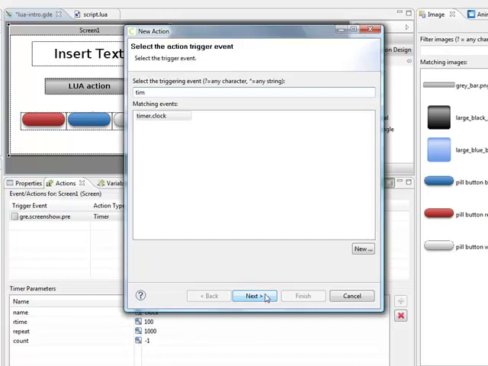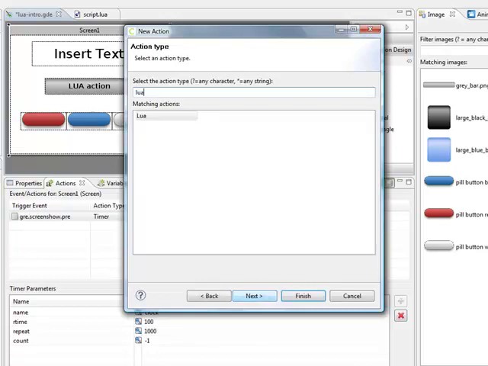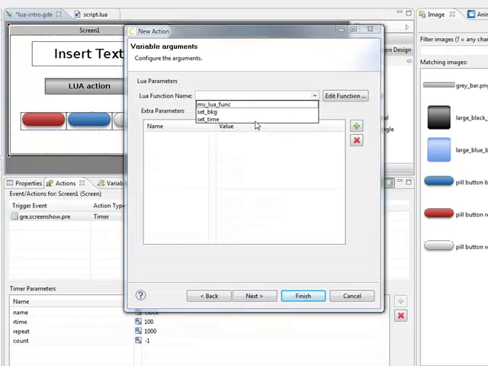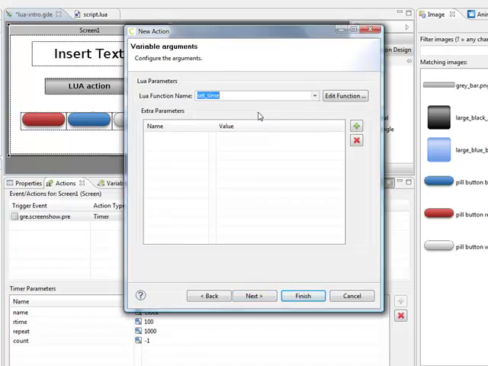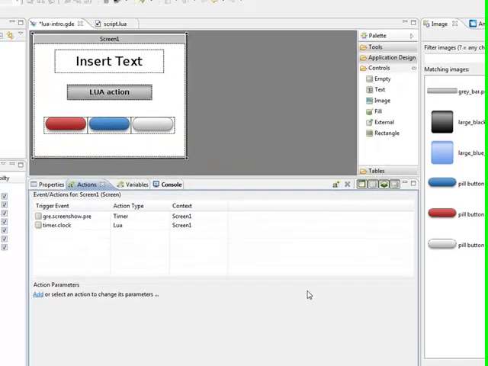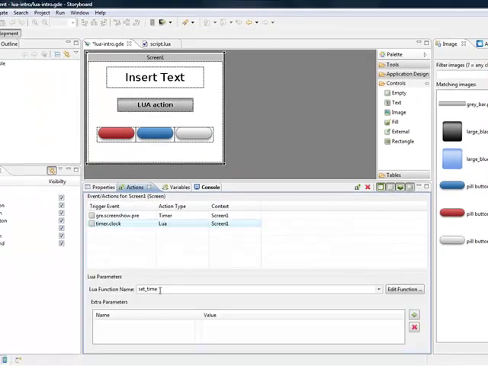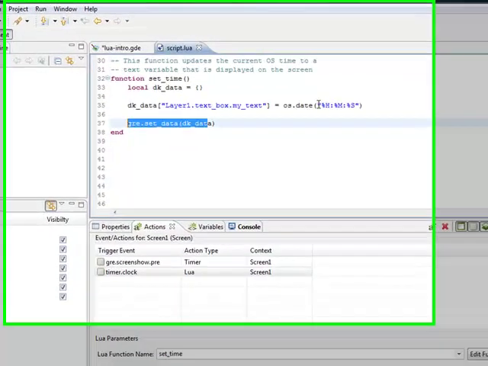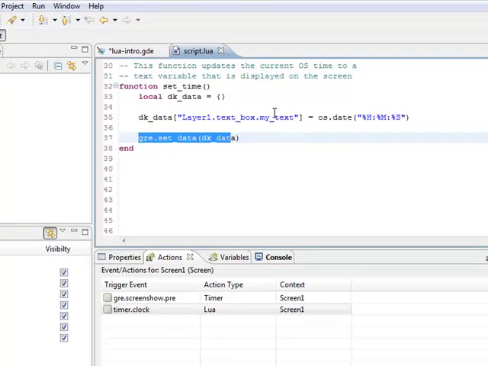So every time timer.clock comes in, we're once again going to call Lua. This time the function is set time. We have to pass no parameters to this one, and we can leave it on the screen. So we click finish, so we see every time a timer clock comes in, we're going to do set time. Set time is going to get the date from the operating system, change the text box to reflect that time,